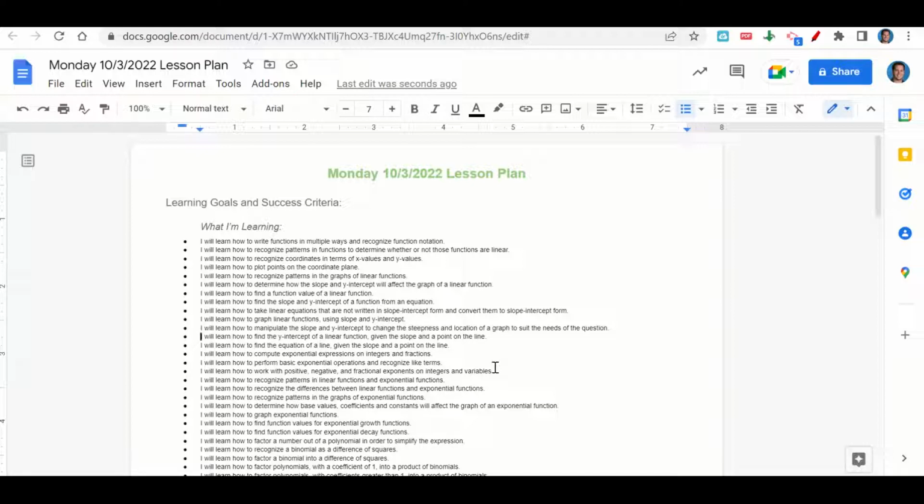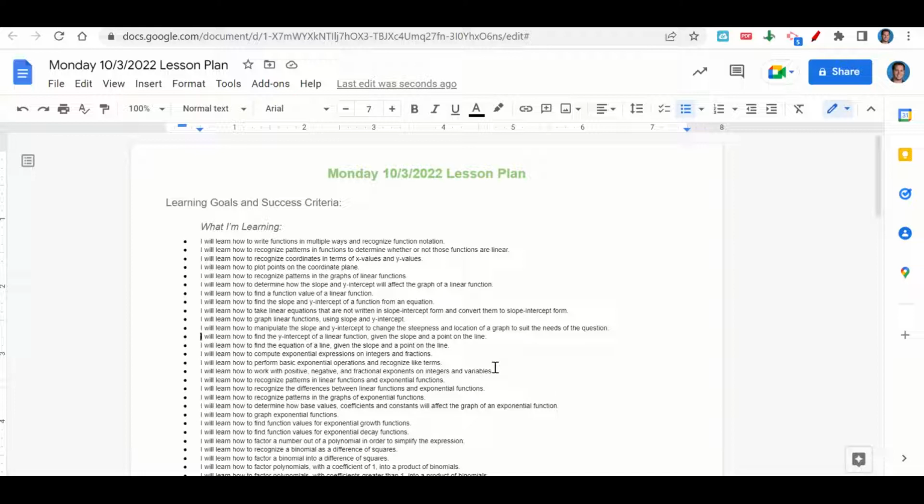exponential function, how to graph exponential functions, how to find function values for exponential growth functions, how to find function values for exponential decay functions, how to factor a number out of a polynomial in order to simplify an expression, how to recognize a binomial as a difference of squares, how to factor a binomial into a difference of squares,